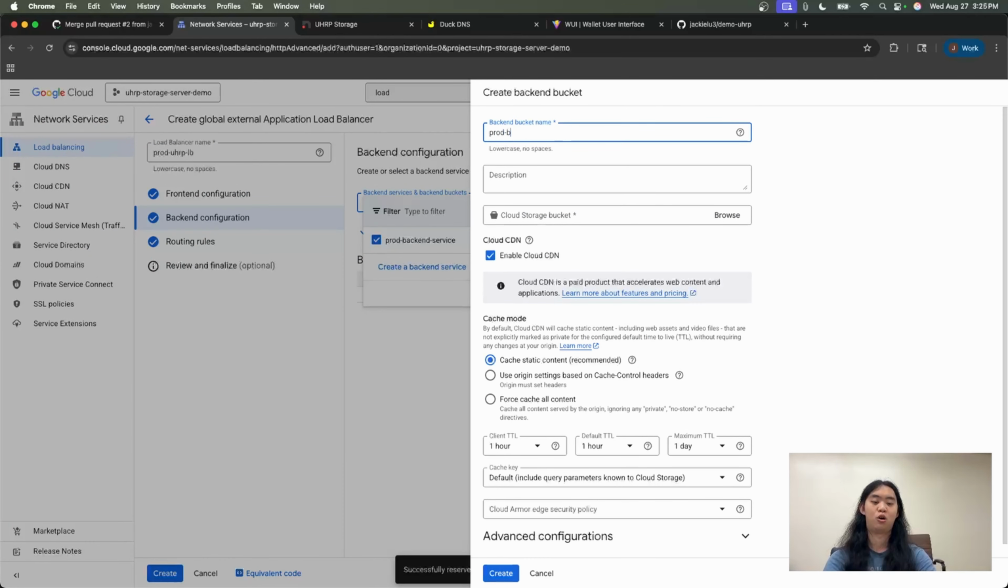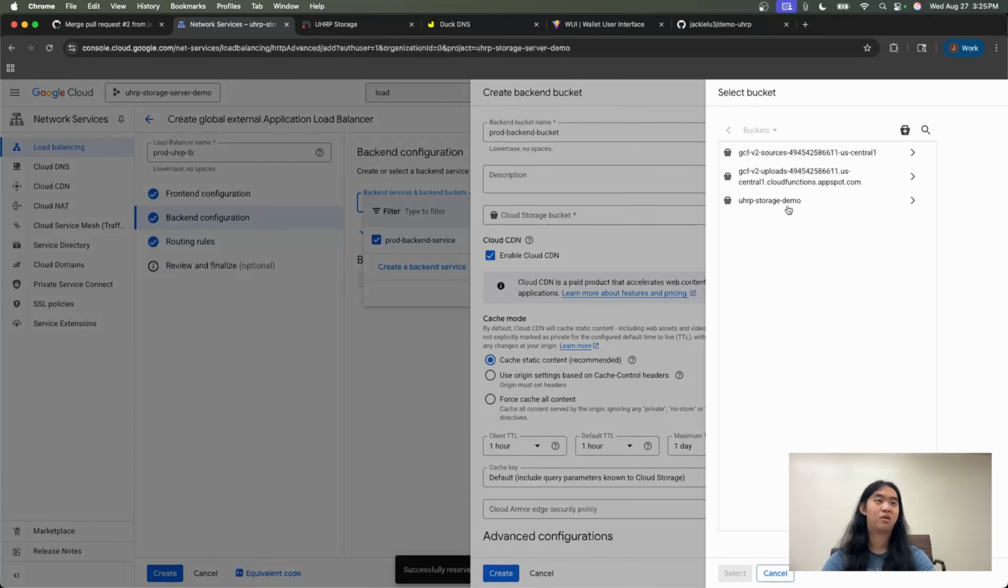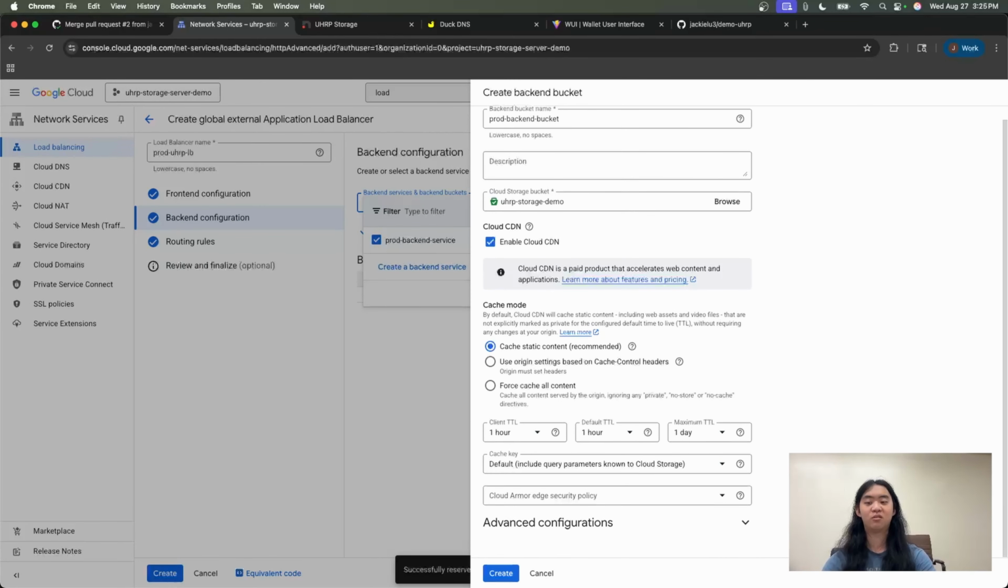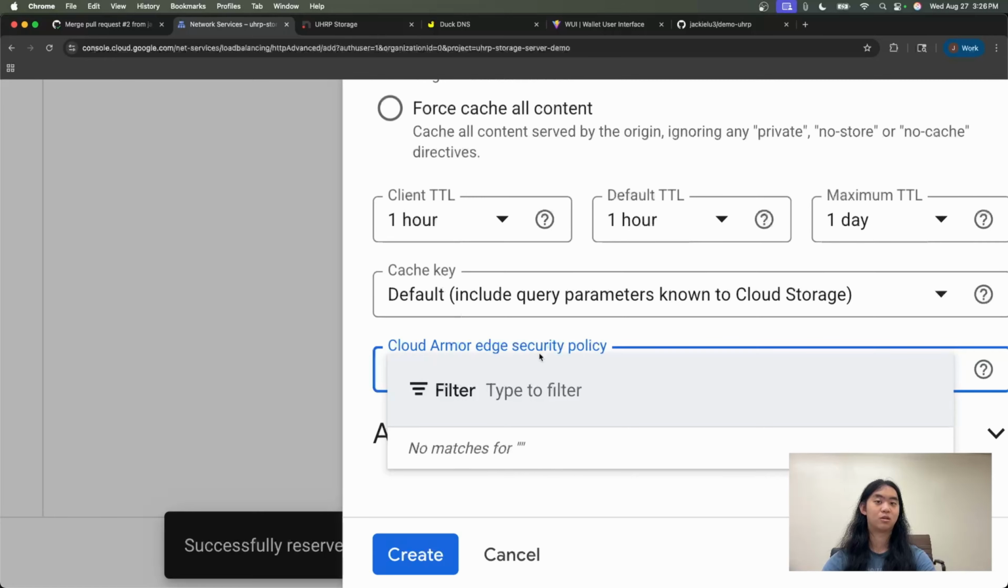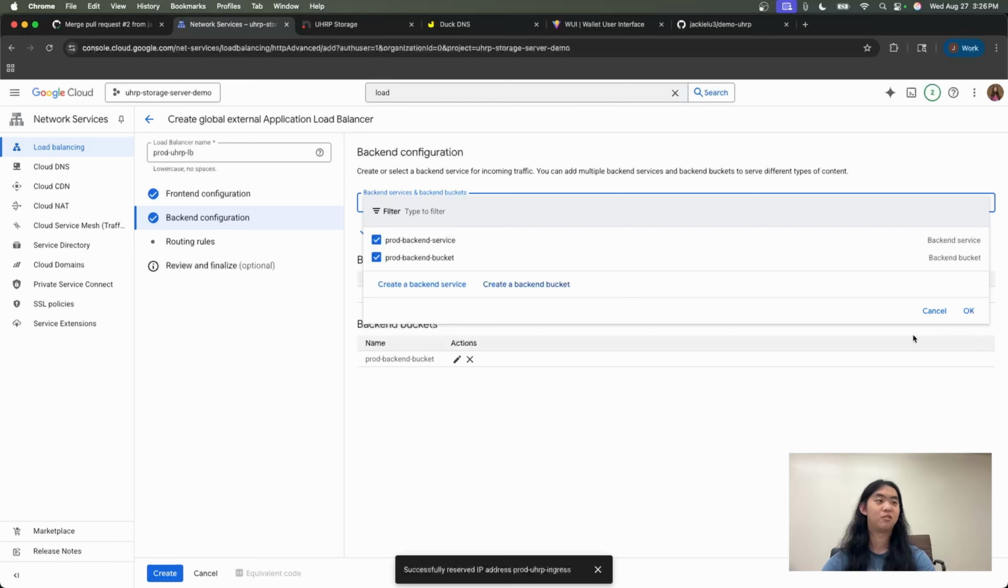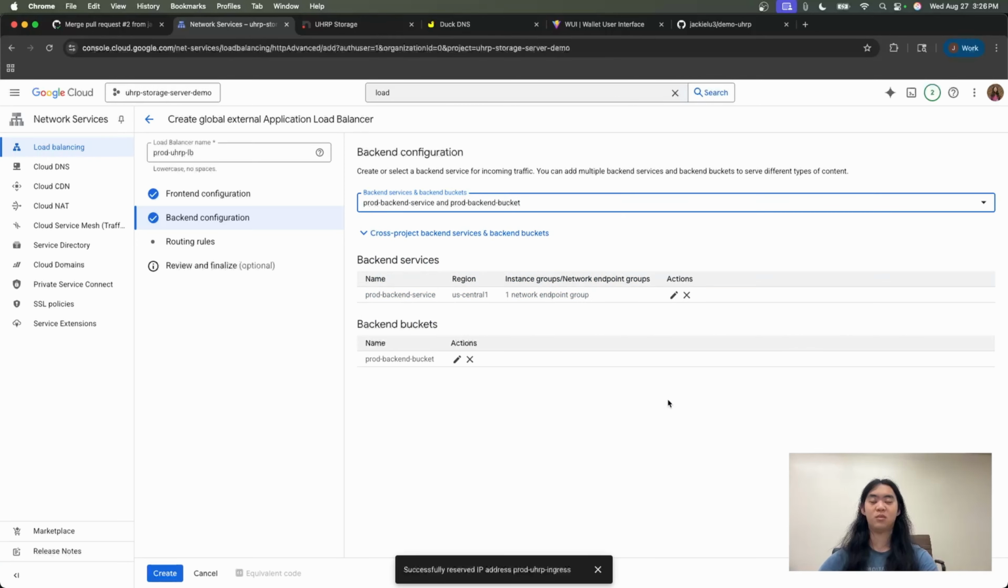Let's go to prod backend bucket, cloud storage bucket, and we'll want to select the one that we've set up. So for me, it would be UHRP storage demo. For this one, you can leave Cloud CDN enabled, and that's just fine. So that's exactly what we want. Boom, okay. Perfect. And now that we have both of those set up, we can move on to the very last step,